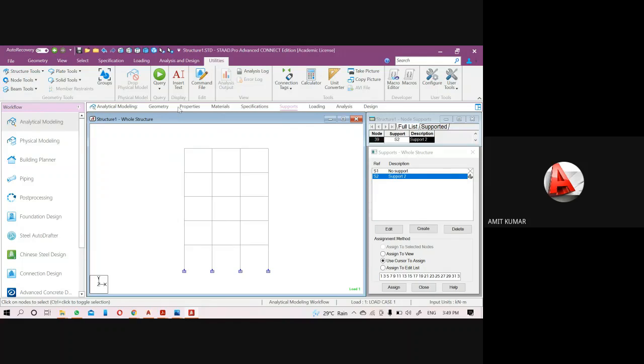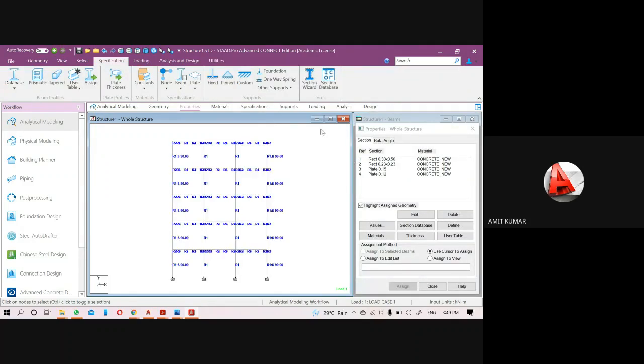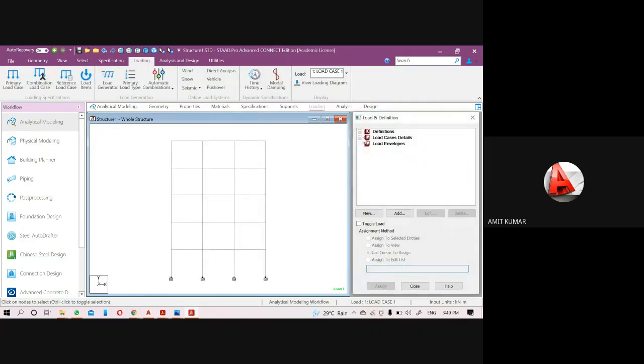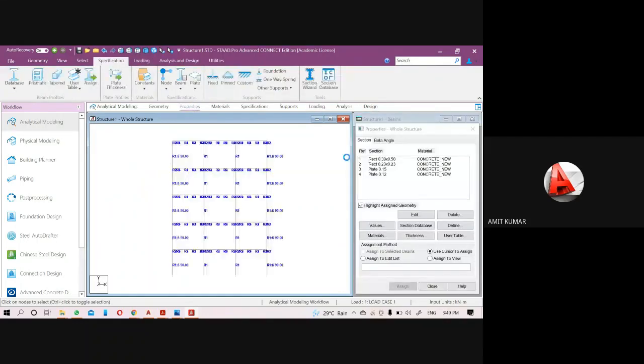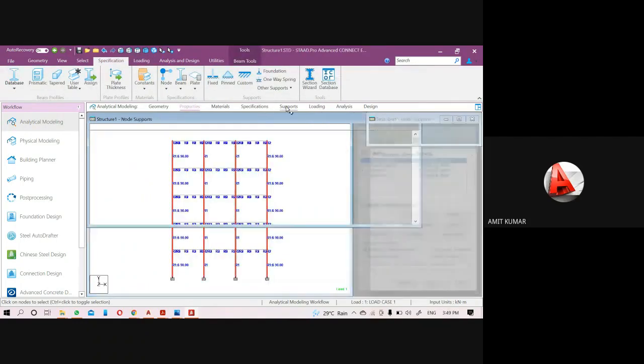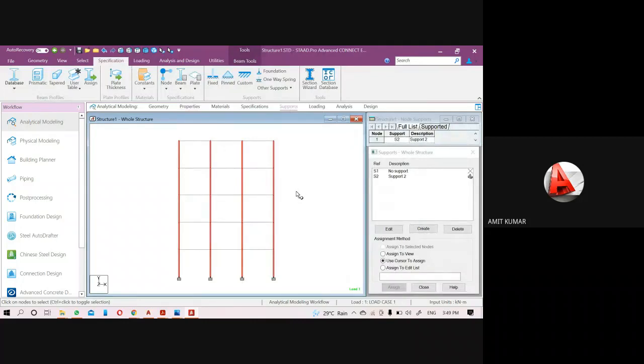So now through the manual process, you can't do it. I can't assign the support before the properties because I already assigned the properties and then created the support. But the software's requirement is please use the support before the properties.